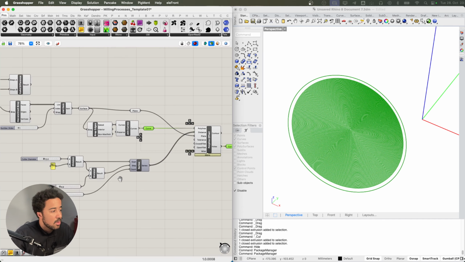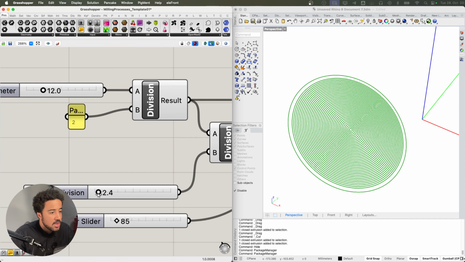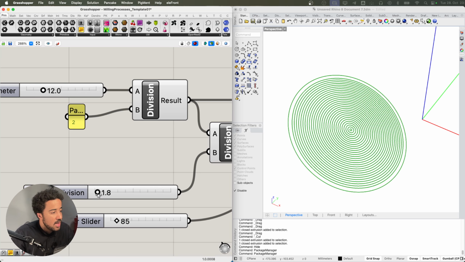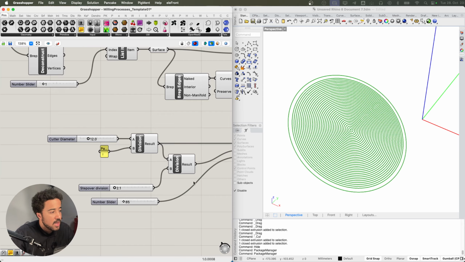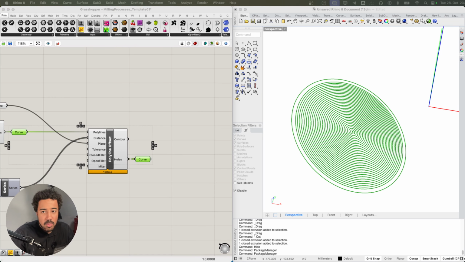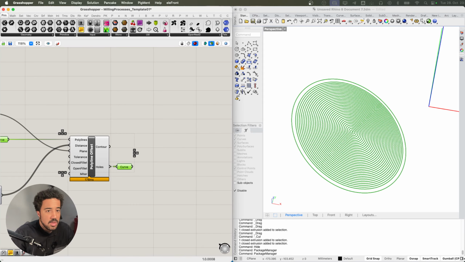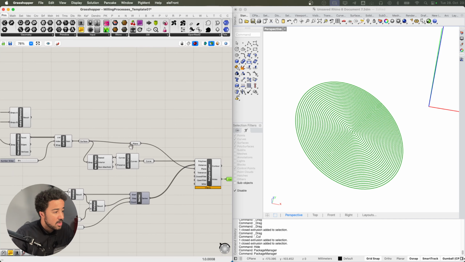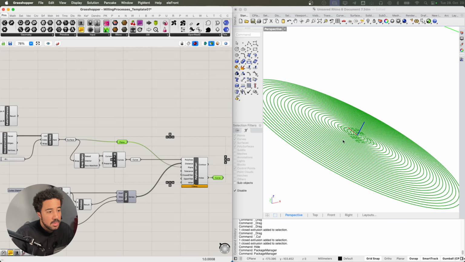geometry with offset curves. I will also reduce the amount of offsets just to decrease the amount of computation that we need. Let's say our first offset is the radius, and after that we have half of the radius. All right, so now that we have our offsets, we actually want to move them in Z. But of course, this is not the global Z, but we want to move them in the local Z vector, the one that we got from our plane.